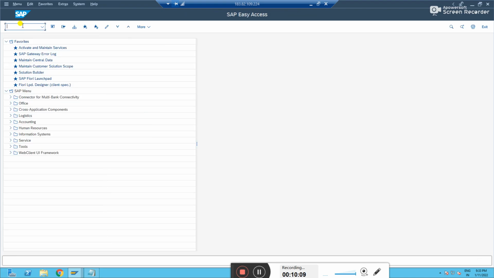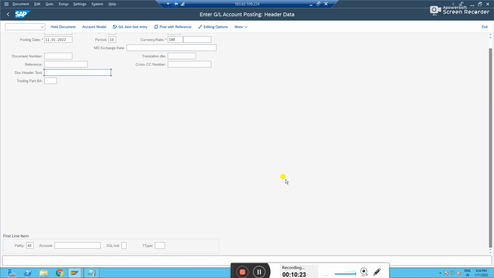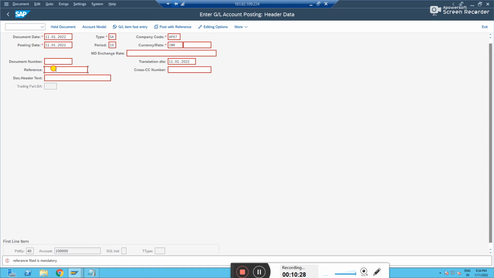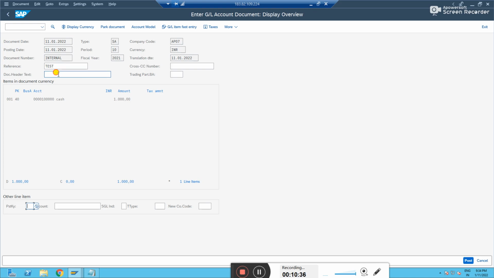Let me go to the transaction. I've done 02 to post the transaction. I have not activated the substitution as I've created, but I have not activated it. You just see the document header text field is empty now. If you see, I try to go here as we have a validation. For validation related error, it will come. If you fill this, it will take you to the next line. You just fill the value and you see the overview. See, the document header text still remains empty because the substitution we have not yet activated, we just created.